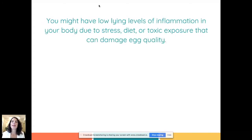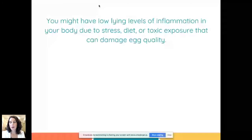You might have low-lying levels of inflammation in your body due to stress, diet, and toxic exposure that can damage egg quality, as well as micronutrient insufficiency. And this can all damage egg quality. So I could go on and on about egg quality, but the common dialogue we've been told is that age is what affects egg quality, but it's not the whole story. In fact, age is not the biggest determining factor of egg quality, but it's things like inflammation, toxicity, micronutrient stores, hormone balance,